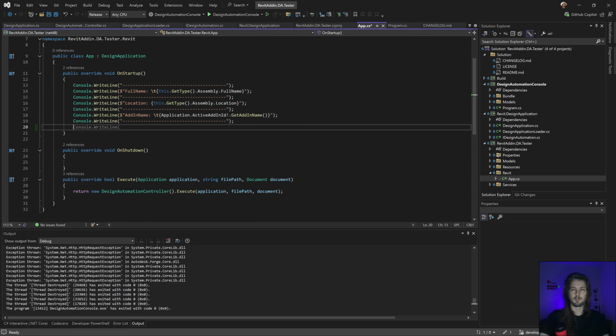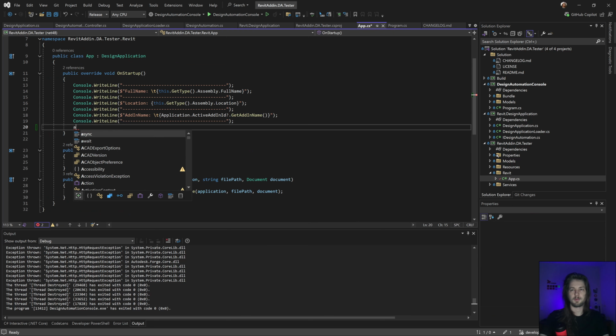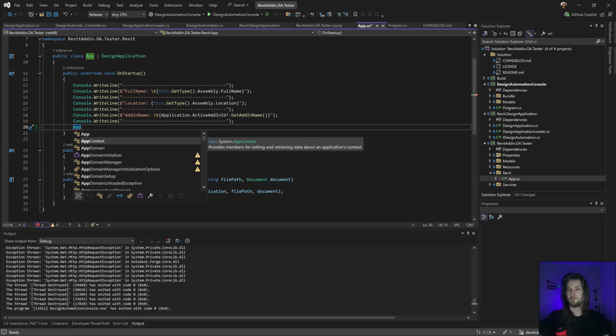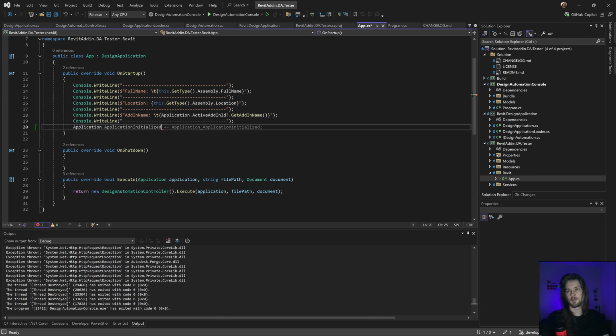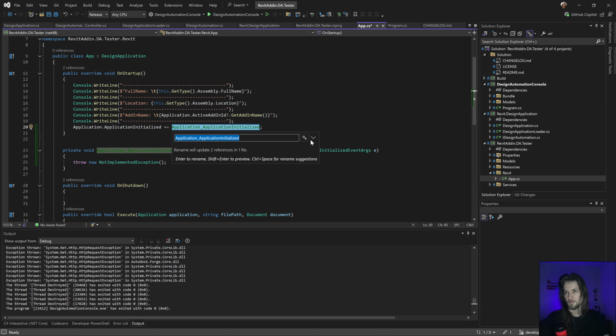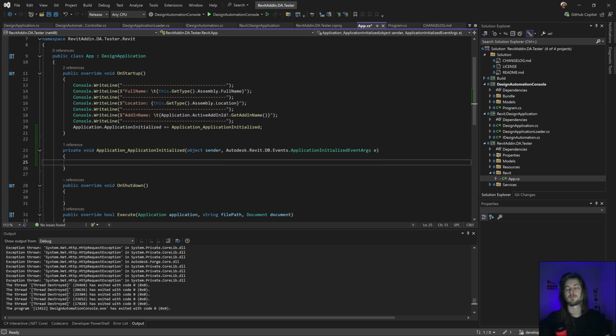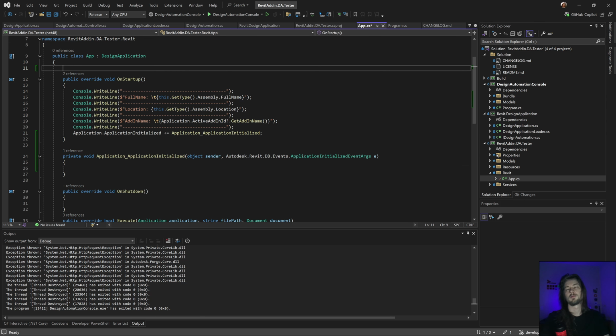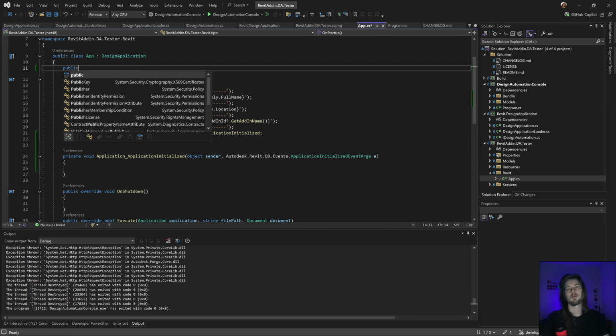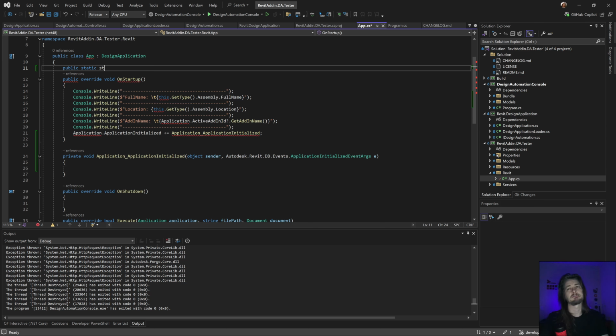Let's create application here. Dot, yeah, that's what I want. Why does this happen? Okay, let me think. Public static string maybe. Could be the name.